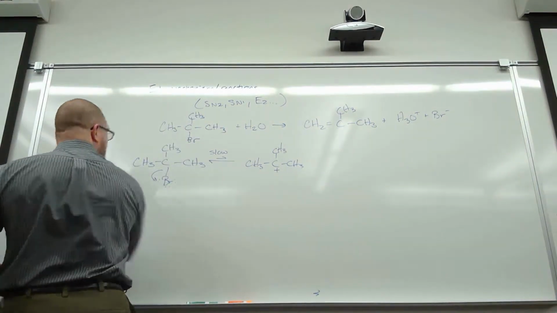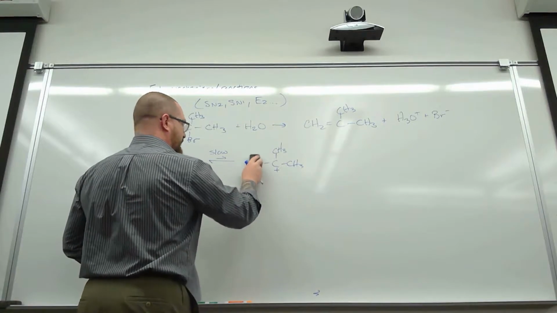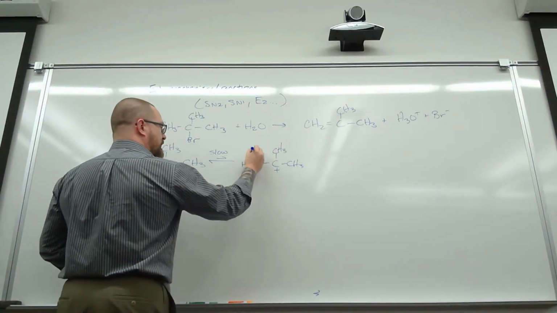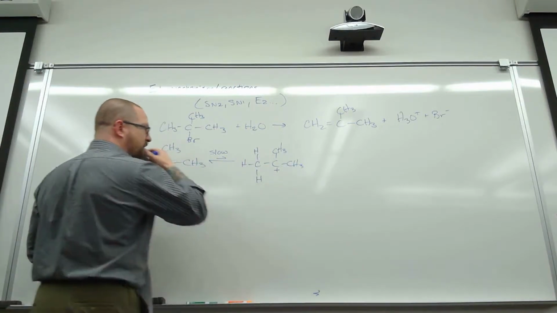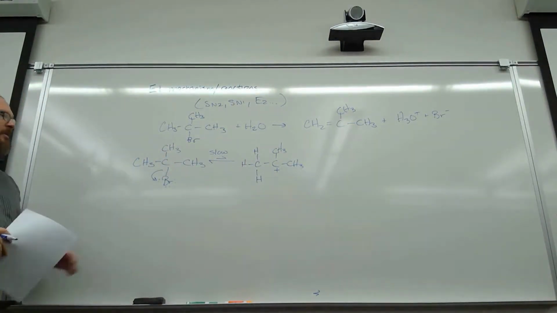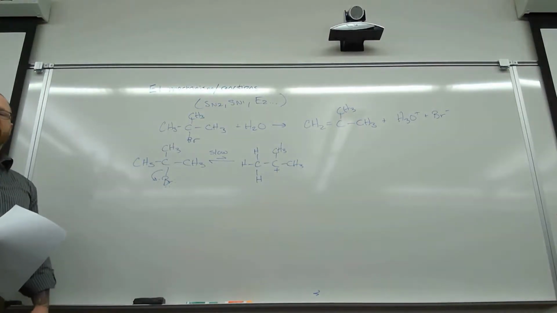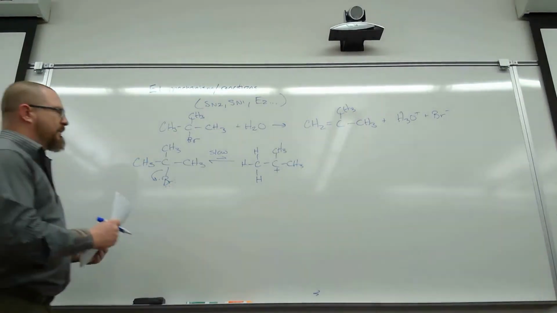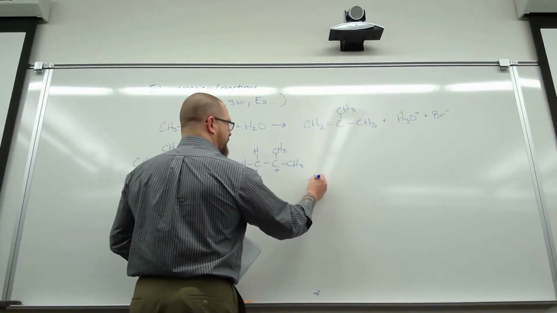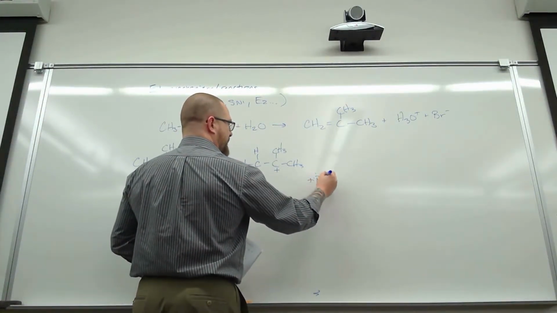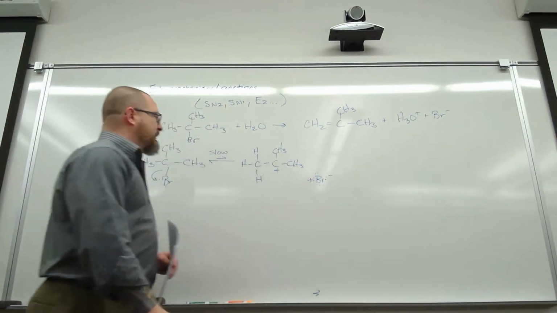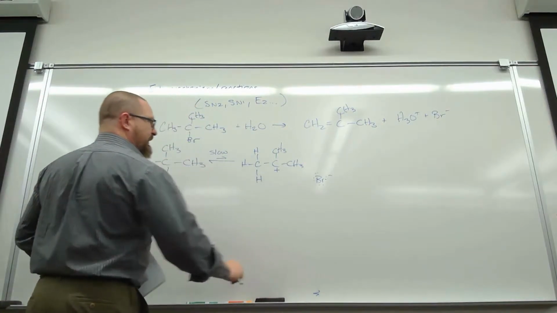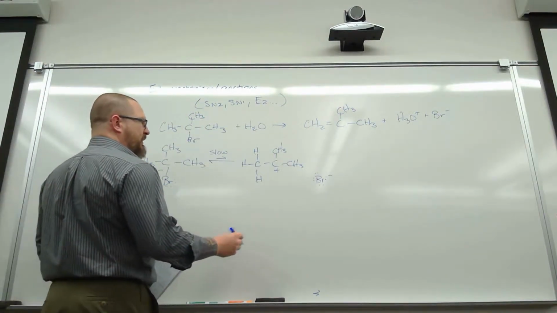Let me redraw one of these arbitrarily. Even though all three of these positions are equivalent, I'm just going to expand the bonds between the hydrogen and the carbon on one of the methyls. We'll just show the bromine as the bromide here. Let me get rid of the plus because it's confusing. It looks like there might be a charge on it. That's not a negative charge. And then what happens is